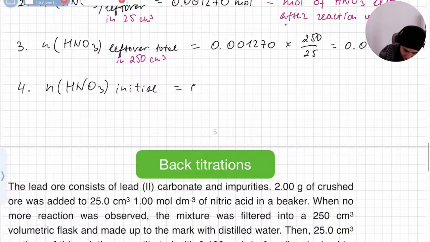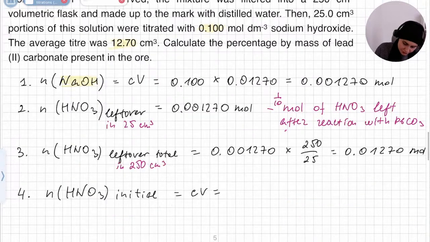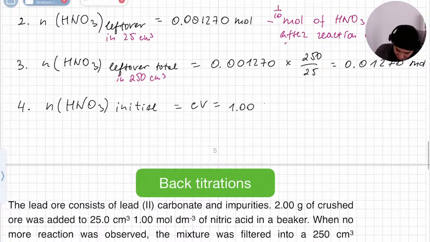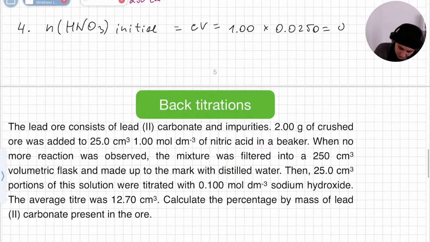So again, I do C times V. It's 1 times 0.025, which is 0.025 moles. And now I can finally find how much